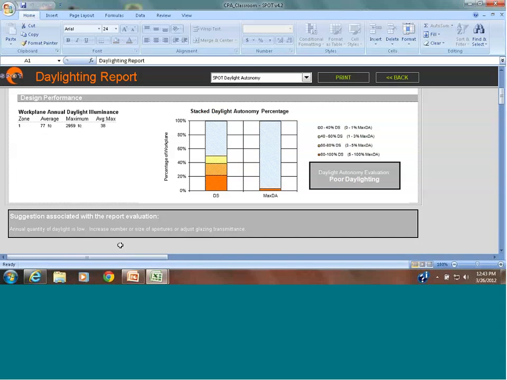And then the next step is we'll integrate daylighting and artificial lighting and put a photocell and try to find out how much we can turn off. And that step will take a lot of time to crunch the numbers. Not a whole lot of time, but maybe a minute or two. But we can get into that in our next session. But if this is our design solution right now, it says it's poor daylighting. So we can go back,